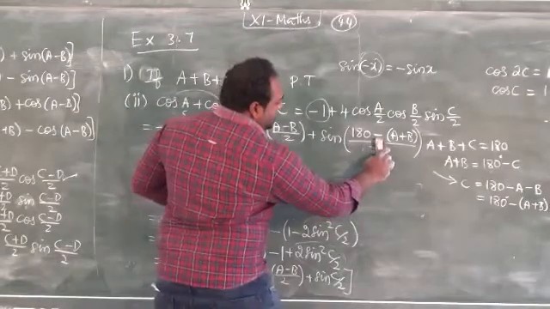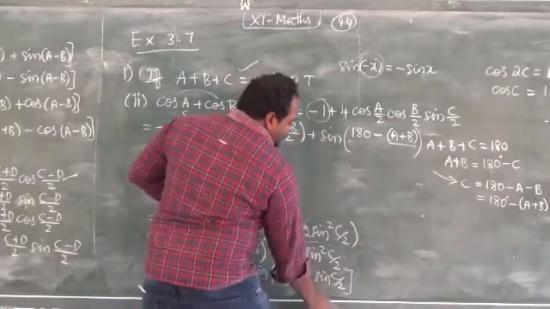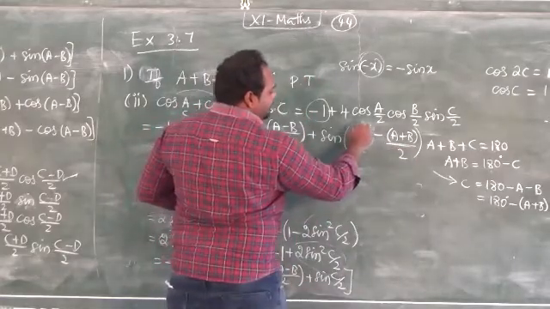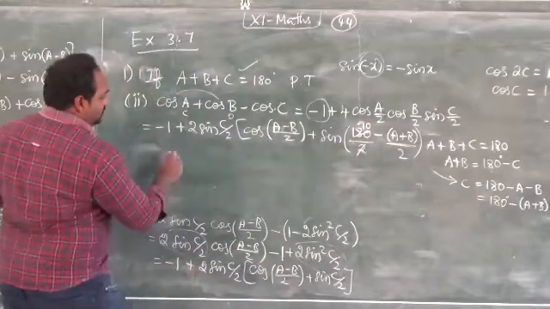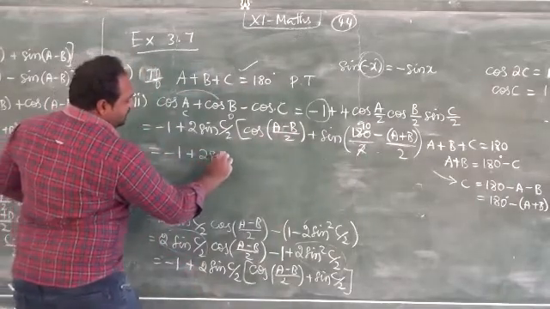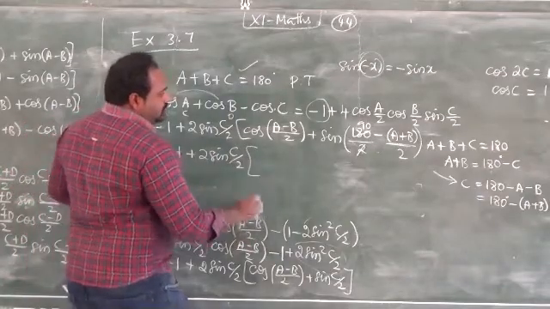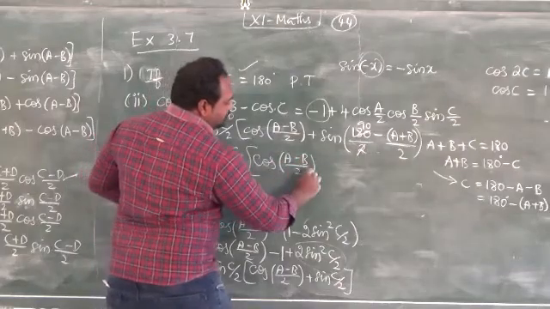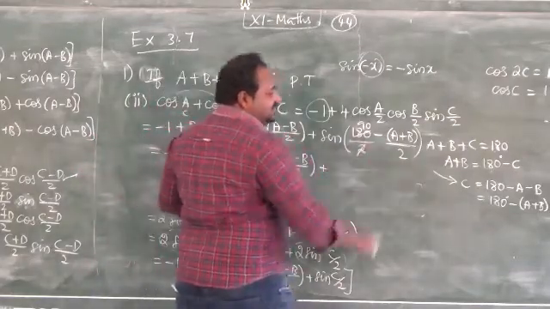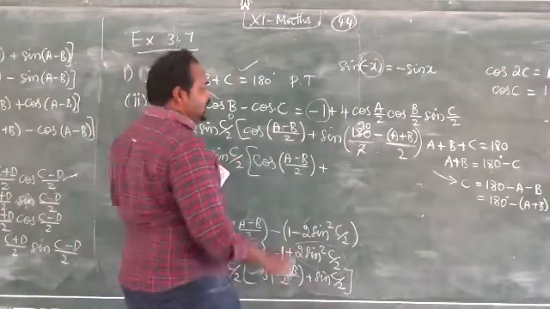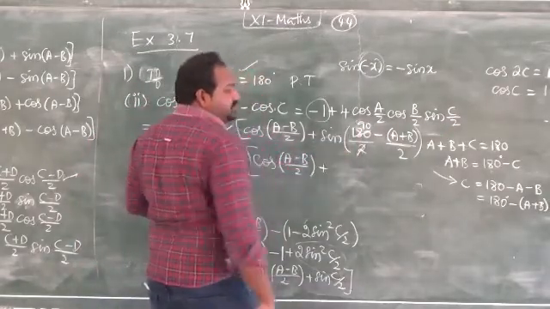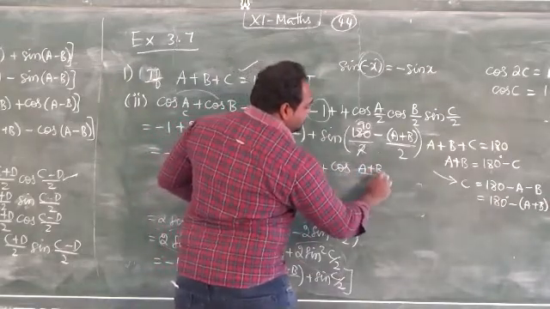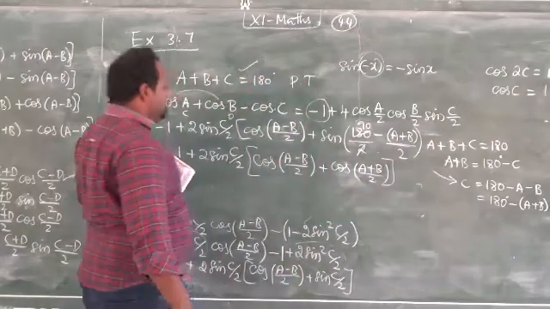So this by 2 I can split separately for this one, for this one. If I split like this, it will be cancelled, you will get 90 minus 1 plus 2 sin c by 2 cos a minus b by 2 plus 90 minus theta, which is first quadrant, there is no sign change. Because of 90 we have to change the function ratio, sin becomes cos, theta is a plus b by 2. Finally we got this step.